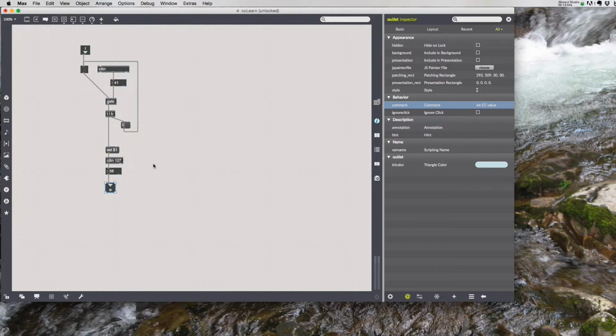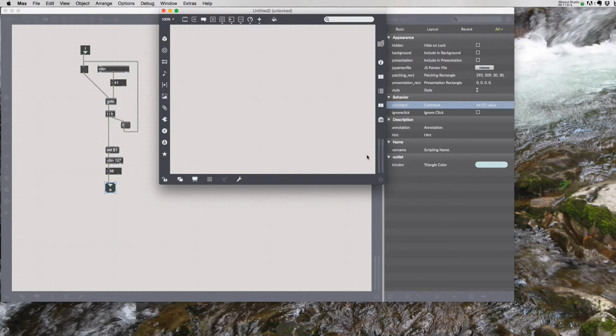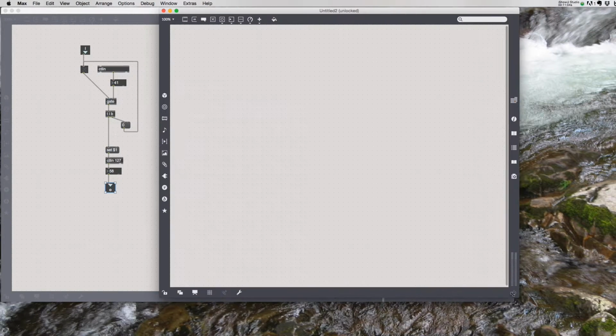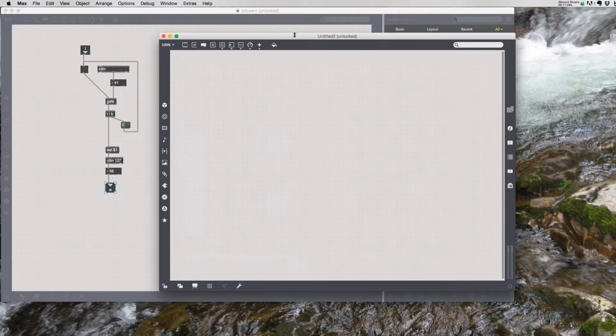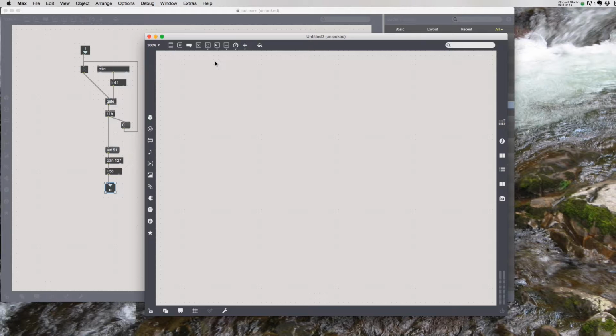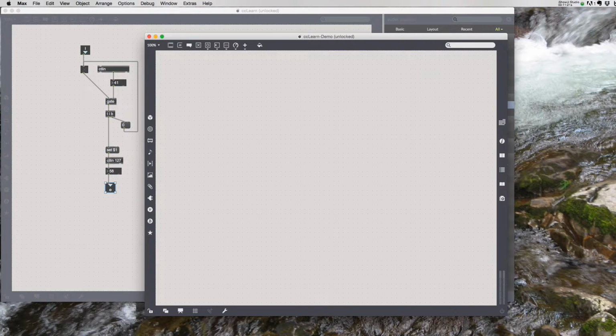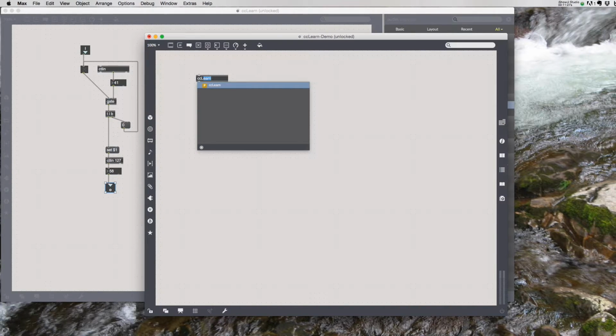And save it again. And let's open up another patcher. Let's save it first. It's good to have it. Save it into the folder that has my ccLearn. I'm going to call it ccLearn demo. And then up here it's unlocked. I'm going to put a new object and I'm going to call it ccLearn, and I can autocomplete, and there's